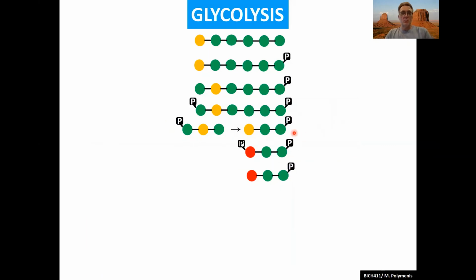So finally, to close here, we'll see where we are with our color scheme. Again, we start from glucose. This is glyceraldehyde 3-phosphate. It got oxidized with GAPDH. The high energy phosphate was transferred to ADP to make ATP, and now we are at 3-phosphoglycerate, which again has the oxidized carbon. So we'll close at this point, and with the next video, we're going to finally complete the reactions of glycolysis down to pyruvate.